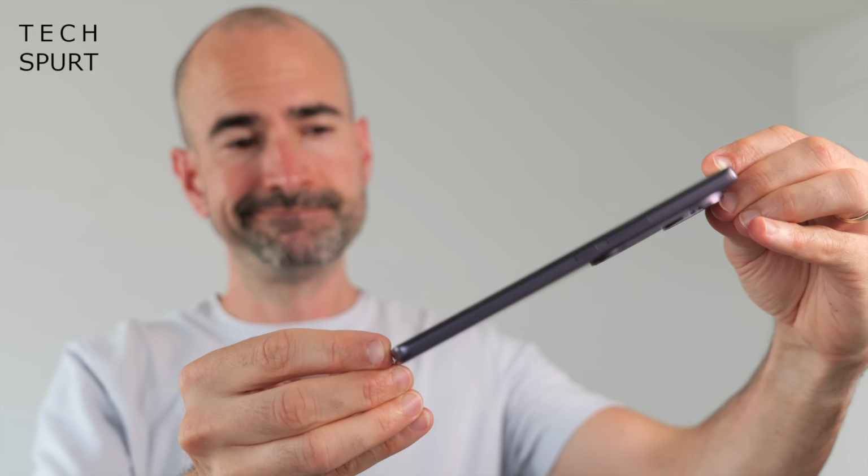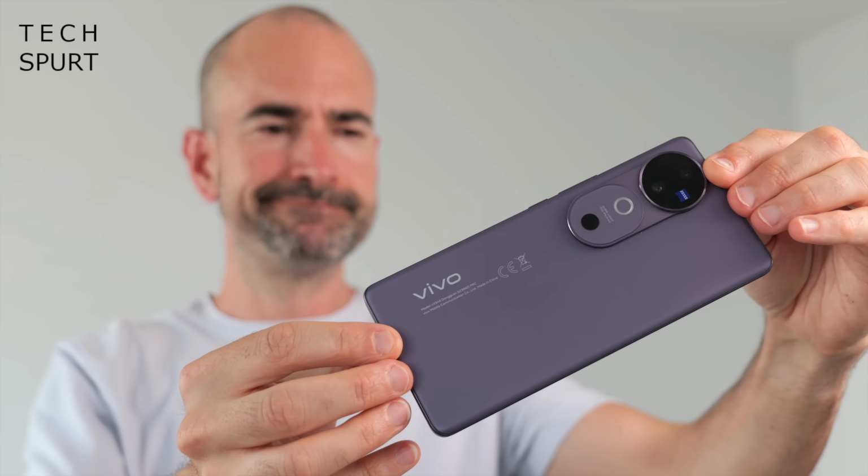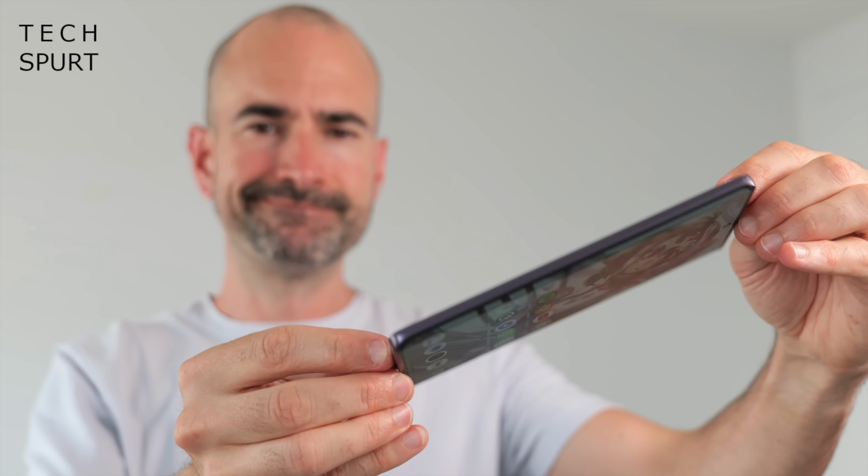So performance hasn't been upgraded over the old V30, but what has been boosted is the battery life. You've now got a 5,500 milliamp hour capacity cell stuffed in here, and that combined with that energy efficient Snapdragon chipset means insane longevity. This thing will easily last you a full weekend on a single charge. I basically just had to charge it up every other night, so pretty much ticked down exactly 45-50% in a single day. And that is with a good bit of camera use, plenty of web browsing, message checking, audio streaming,